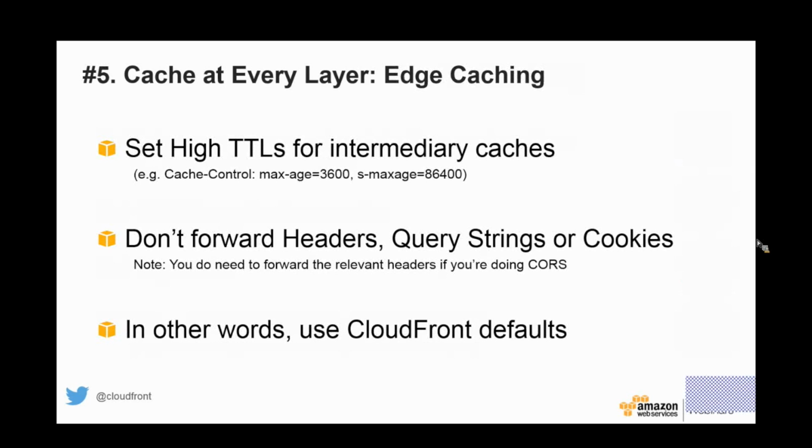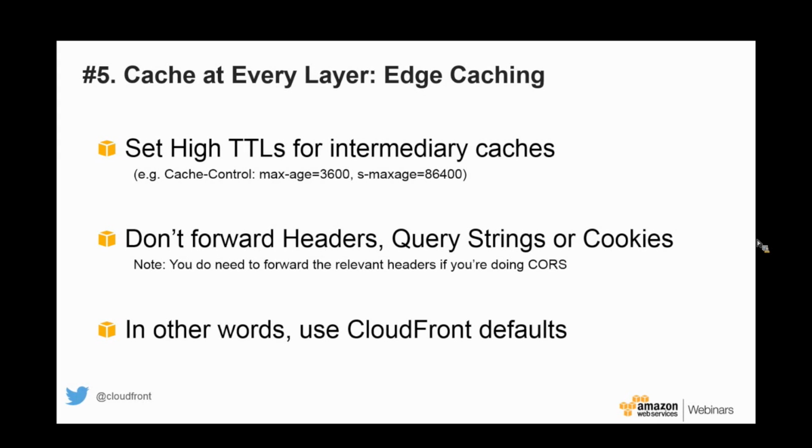And when you think about caching at every layer, in addition to browser, you can also think about edge caching and how you can possibly instruct the edge to cache the object for a shorter or longer period of time than the browser. So you can set high TTLs, for instance, for intermediary caches. You can set an s-maxage, which is another cache control header. In this example, I have s-maxage set to 86,400, which is a day, specified in seconds. So now CloudFront, or any other intermediary cache such as a corporate proxy, will honor the s-maxage for 1 day, but the browser is instructed to cache that content via the max-age header for 3,600 seconds,